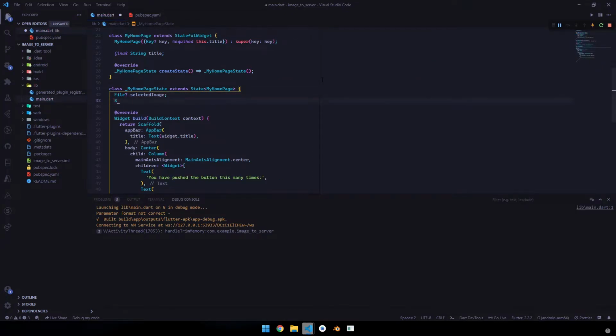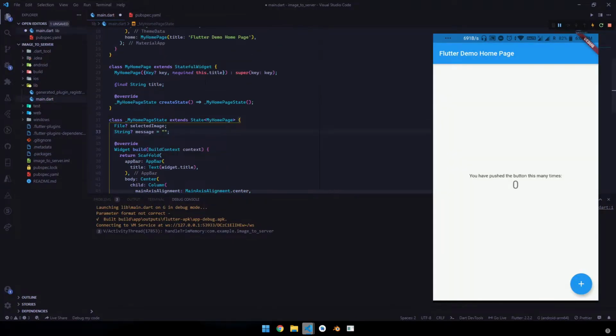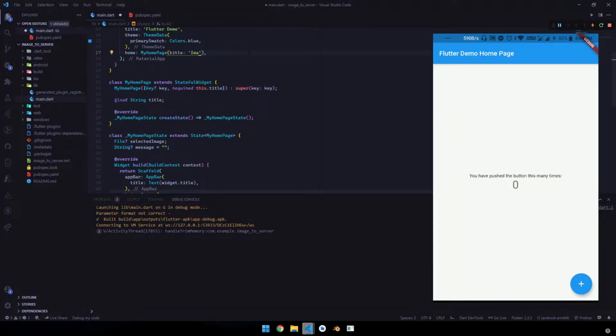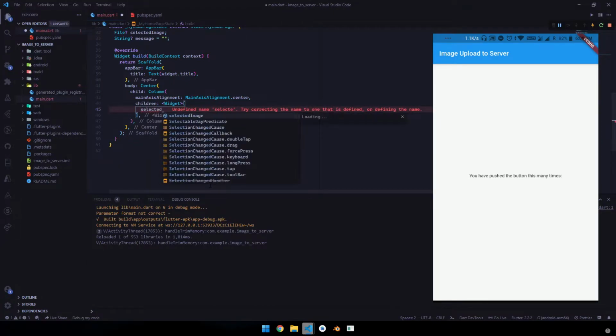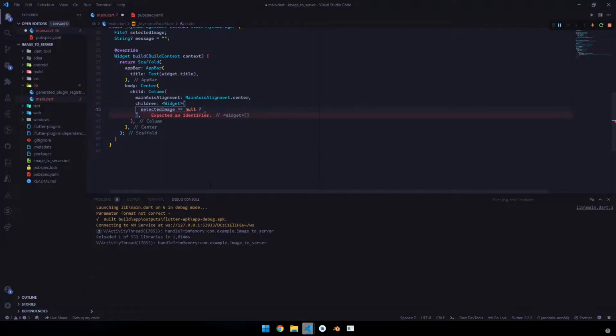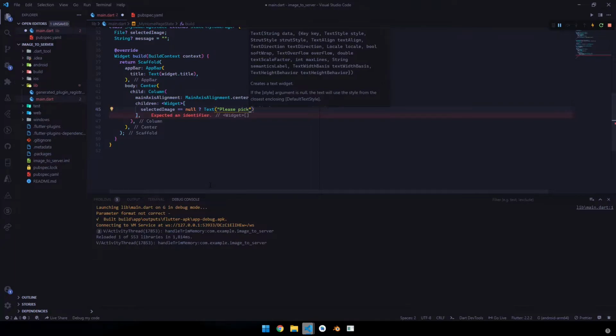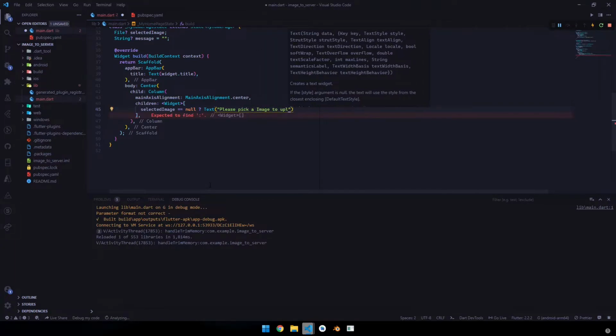Declare one more variable called message, which we get as a response when we upload the image. Okay, let's change our app title to Image Upload to Server. Remove all this code and let's start with new code. If selectedImage is null, then we will be displaying 'Please pick an image to upload'.